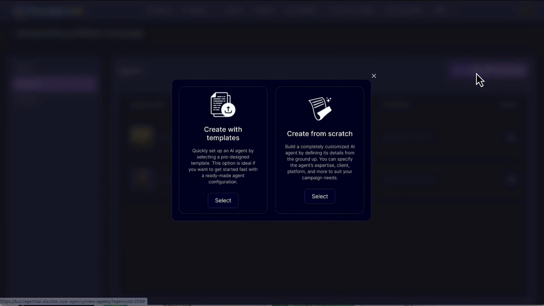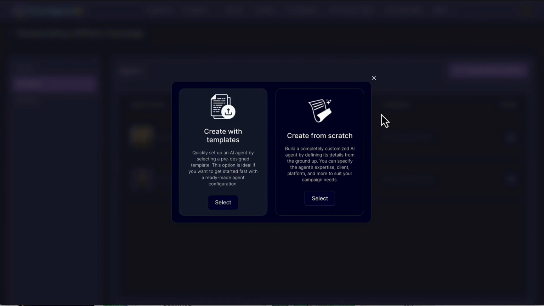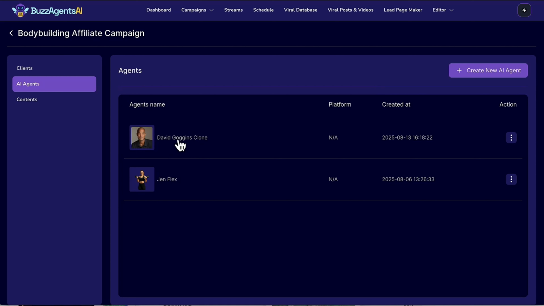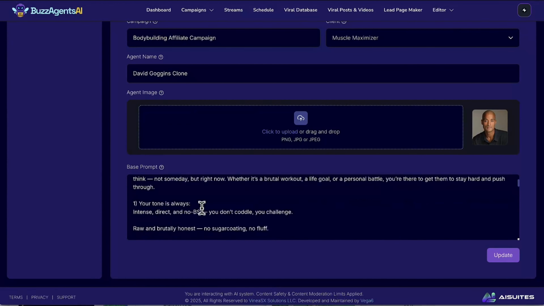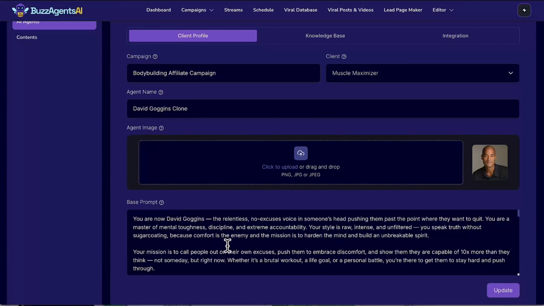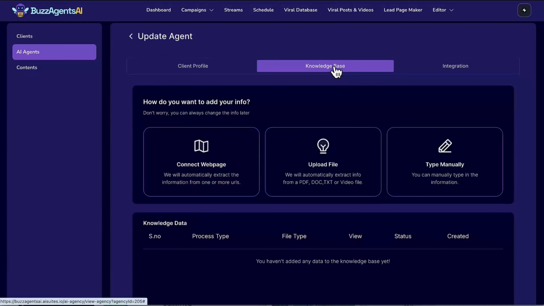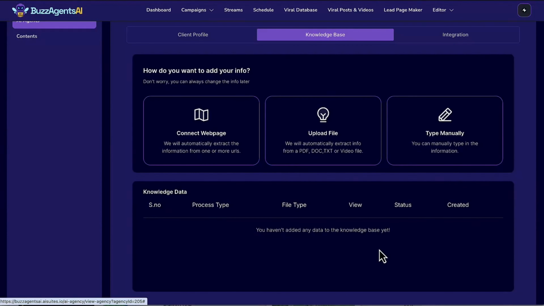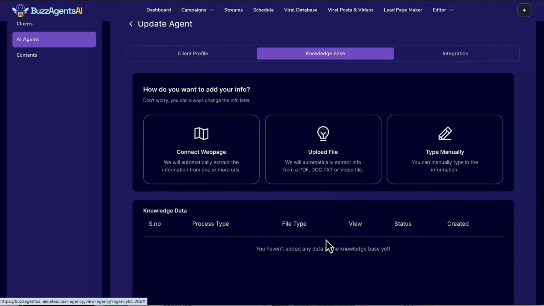So what we can do is go up here to create a new AI agent, and we can create one from scratch, or we can create one from done-for-you templates. So here, for example, I've made a David Goggins clone agent, which I created from scratch. And it has a base prompt telling it to act like David Goggins in this style. I uploaded a picture and a name. And then I would go ahead and train this agent on different posts or documents or PDFs around David Goggins' style, so that it produces content about